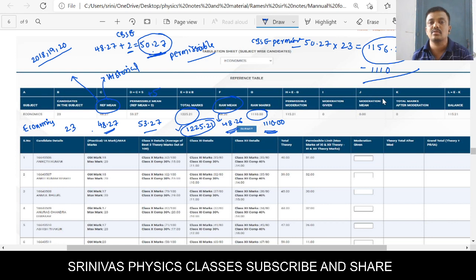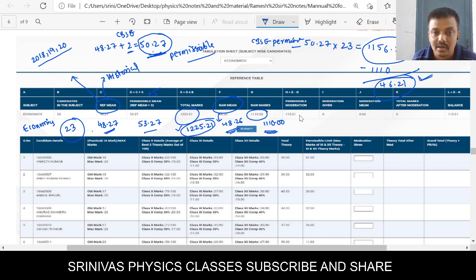Then you subtract both of them: 1156.21 minus 1110. I got 46.21. That means you can add 46 more marks in economics by combining the 23 students. For the 23 students he can add the 46 marks.